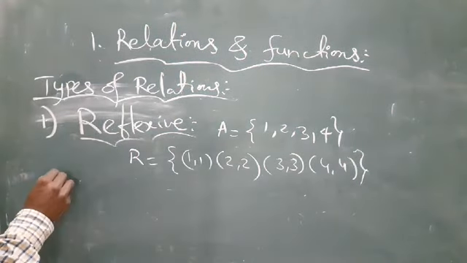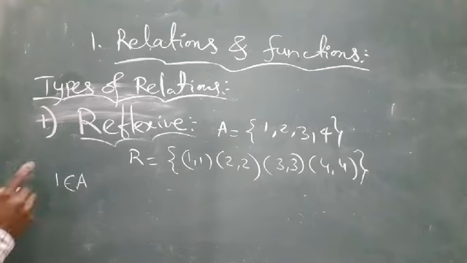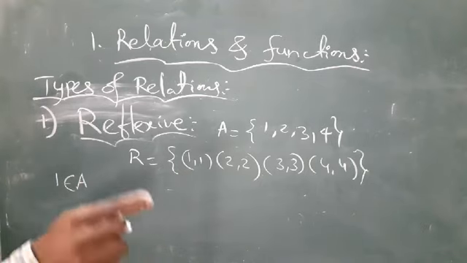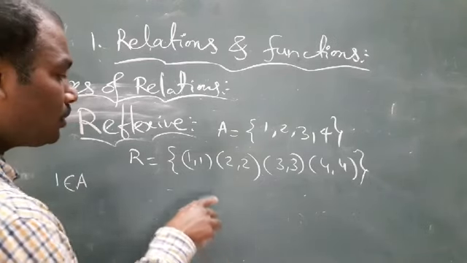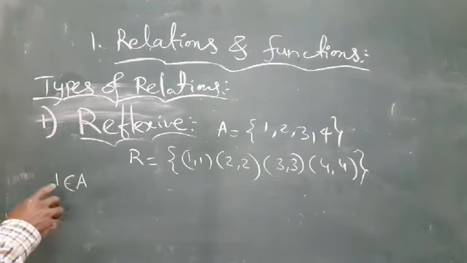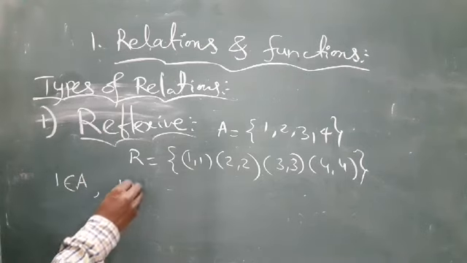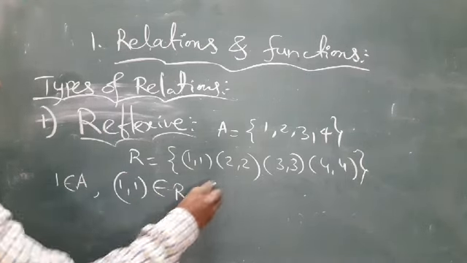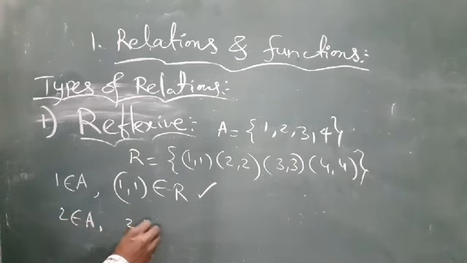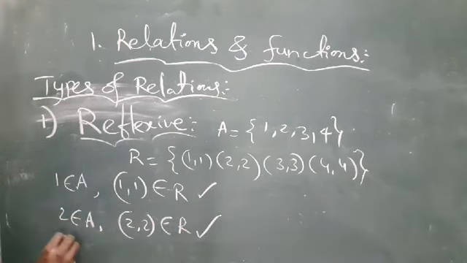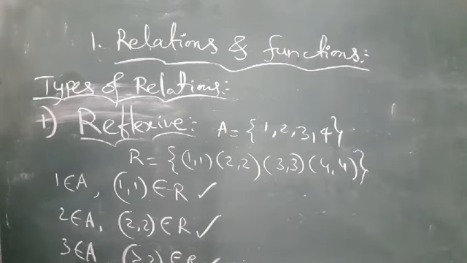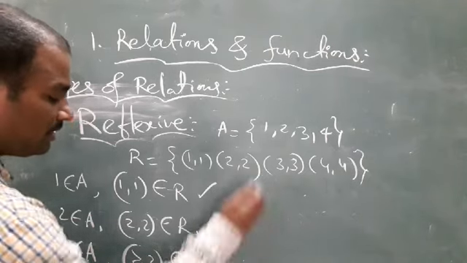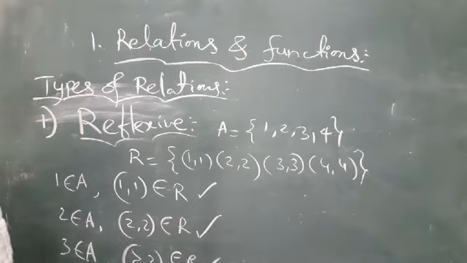Yes, first 1 belongs to A, and for every element in A the ordered pair belongs to R. 1 belongs to A, yes, 1 comma 1 belongs to R, yes. 2 belongs to A, 2 comma 2 belongs to R, yes. 3 belongs to A, 3 comma 3 belongs to R, yes. 4 belongs to A, 4 comma 4 belongs to R, yes. So R is